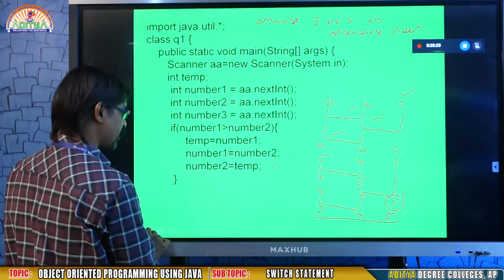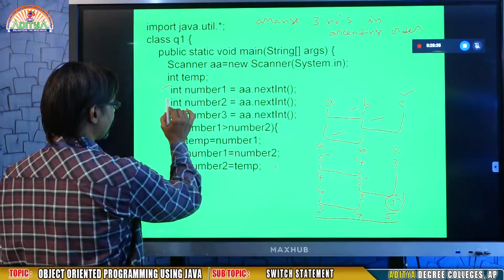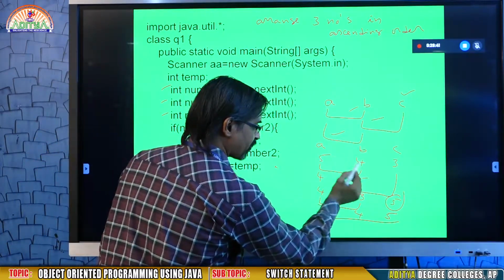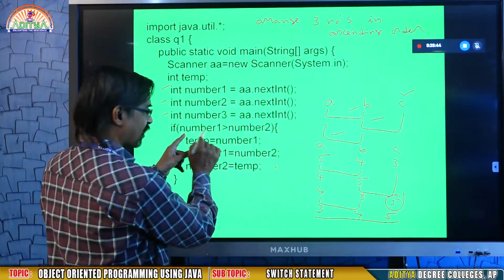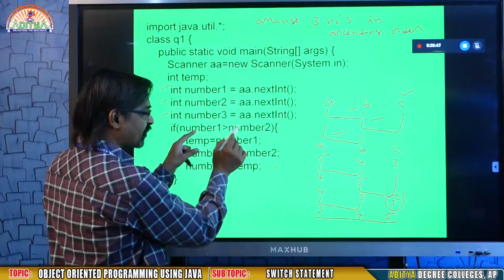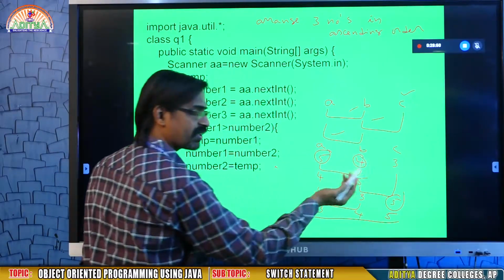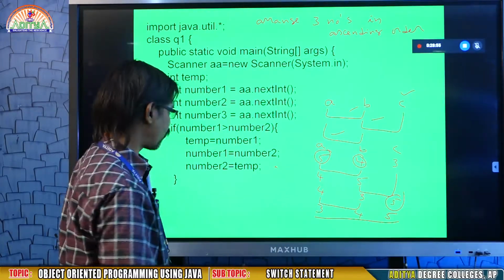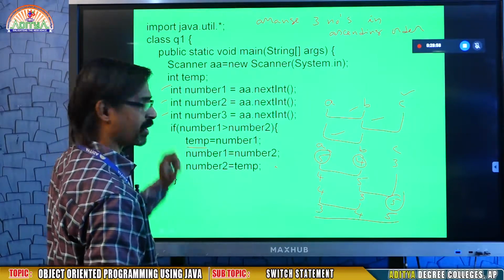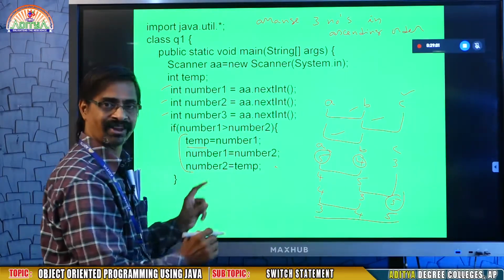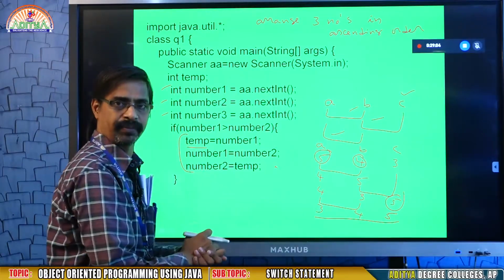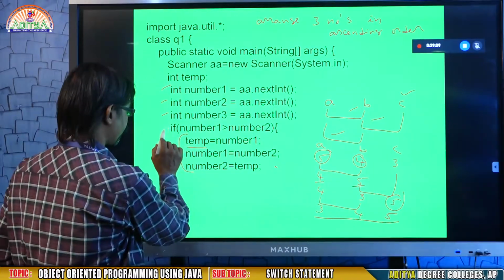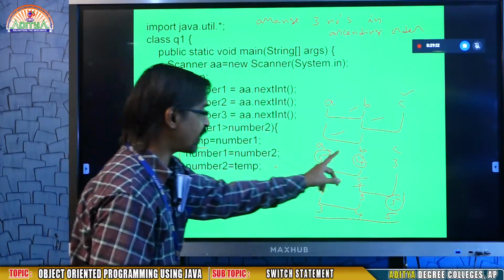So see here once again, I have taken 3 numbers. The next step, I told you, compare the first 2 numbers. The first 2 numbers are A, B. Here my example is number 1, number 2. If number 1 is greater than number 2, yes, so I need to swap. That means A value to B, B value to A. That's why I am using a temporary variable. You already know swapping, I explained it. I swap the 2 variables. So 4 will come to this place, 5 will go there. This is my first if. Then I have to compare B and C.